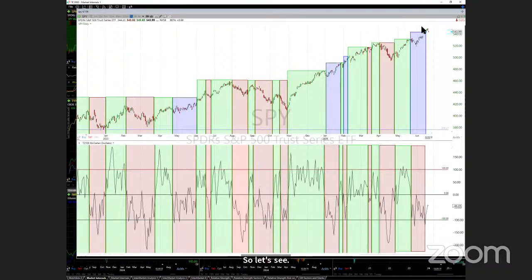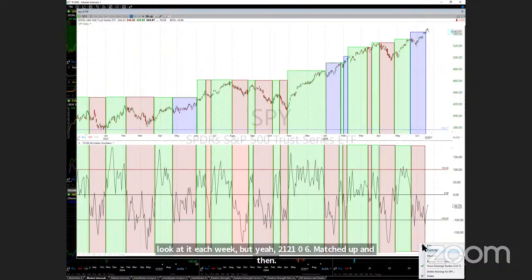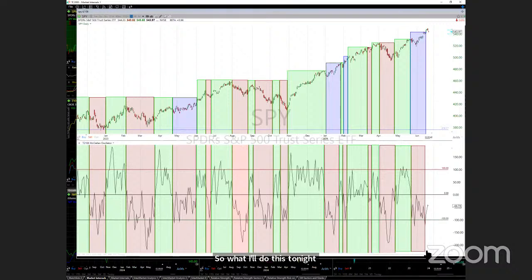Just very fascinating in that these blue colored bars, breadth is negative, but the market's going up. And then after these times, the market continues to go up when it gets positive, which I'm just monitoring. I don't spend a lot of time on it. I look at it each week, but yeah, 2106 matched up. So what I'll do tonight is I'll just extend this because we're still negative,